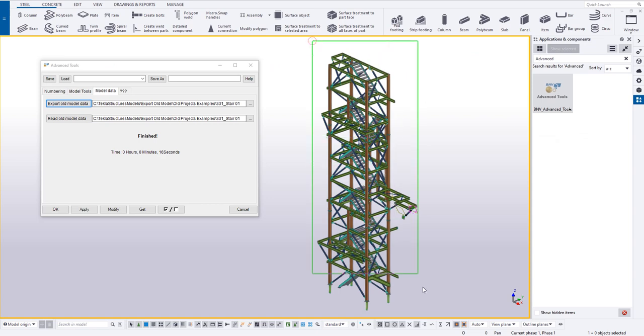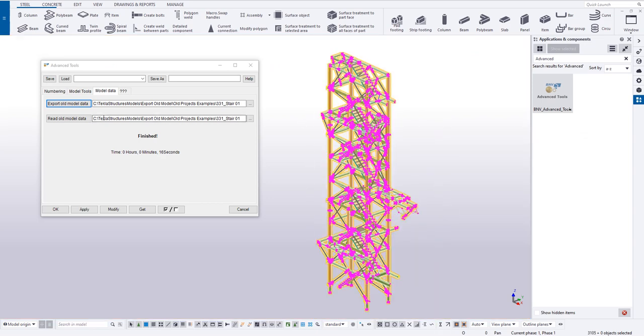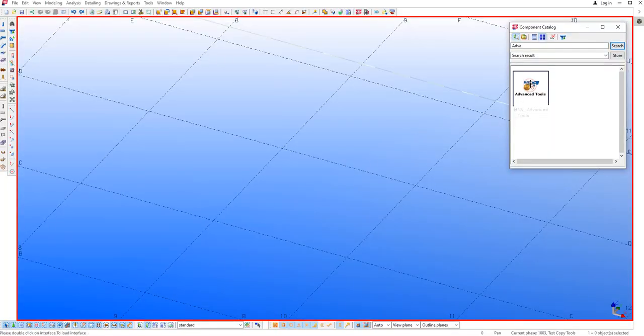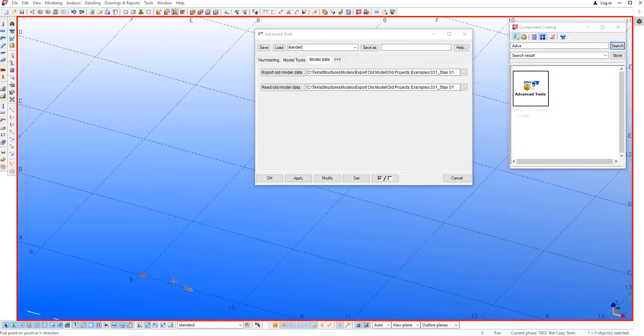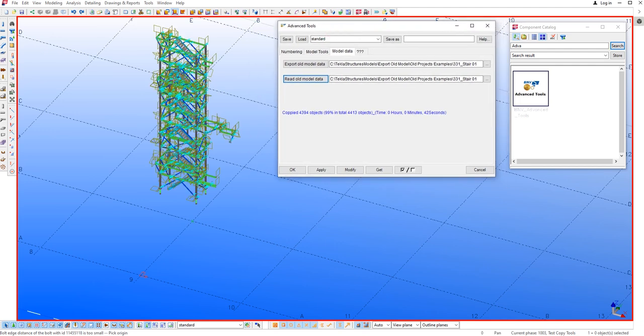We have our Tekla model in 2022. We select all the model and export the data to a database file. The tool exports all the model to the data file. Now we open our new Tekla model, set the workbench to anywhere you want, and read the data file. Just export and import, and all the model comes back with full detail, automatically for you. Very fast, with automatic cutting, and you can see that the cut, weld and bow are imported together.